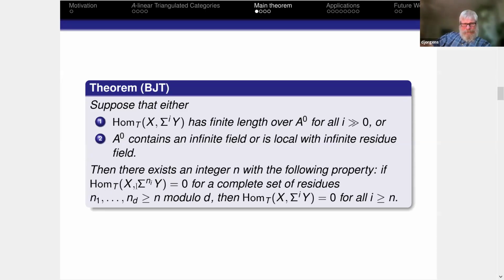If the Hom from X into shift n_i Y is 0 for a complete set of residues n_1 through n_d greater than or equal to n, so a complete set of residues mod d, then in fact all of the Homs vanish. The Hom from X to shift iY vanishes for all i greater than or equal to n. Okay. So I don't know if that's clear, but